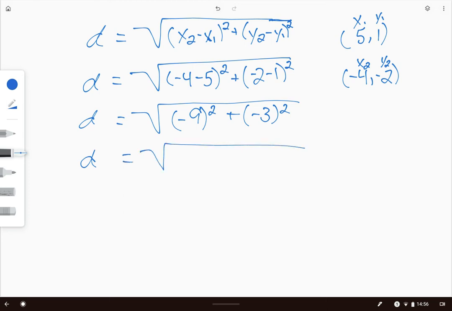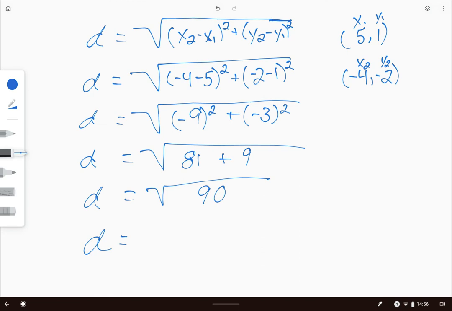So -9 times -9 is a positive 81, and -3 times -3 is a positive 9. So 81 plus 9 is 90. So the distance between these 2 points is the square root of 90,